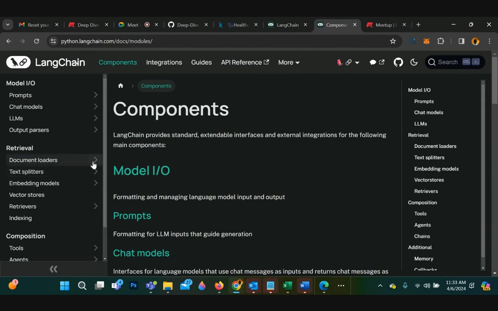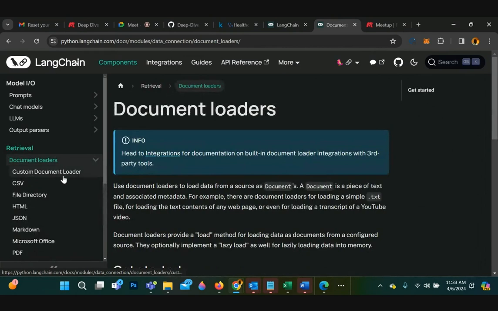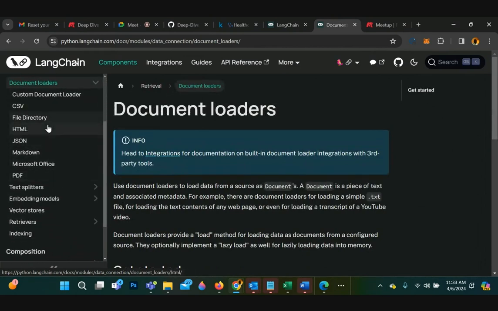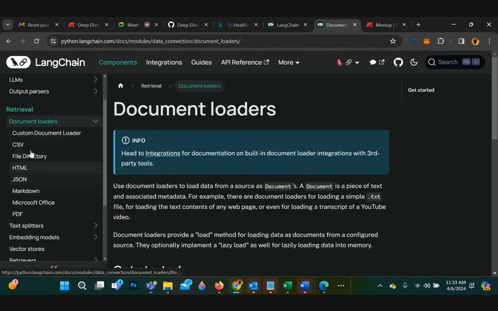I'm not sure about MongoDB, but there may be. So they have these document loaders, right? As you can see, they have all these document loaders. These are ways of loading your CSV file, and then